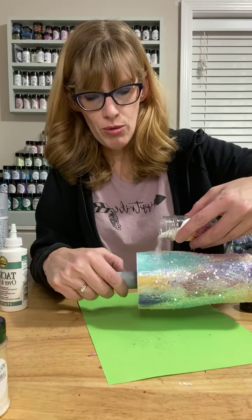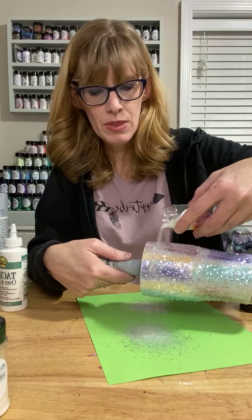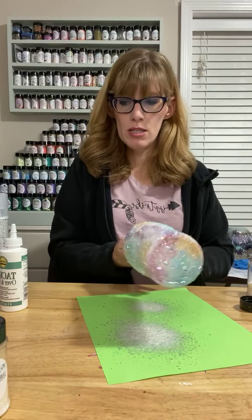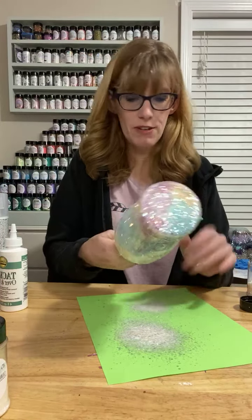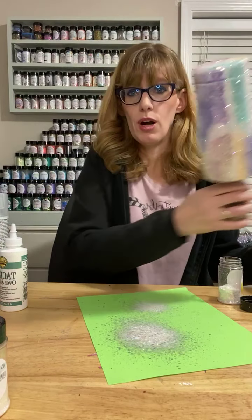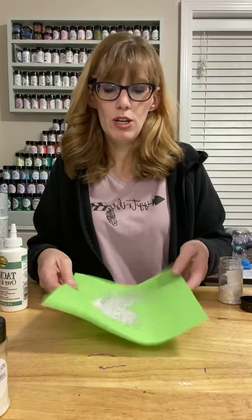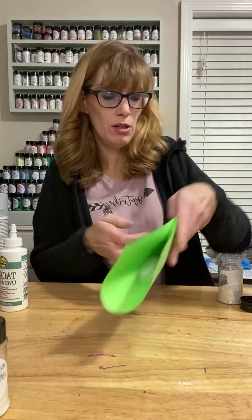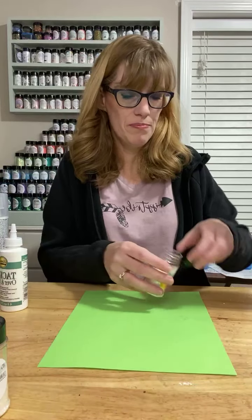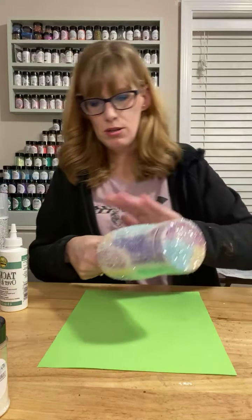So I want to go over that with you, because I know some people, when they use cheats for the first time, and each cheat, like we discussed in the beginning of this, will give off different colors. So if you use Girl's Best Friend over a green base, or an orange base, I meant to say, you're going to have a lot of green tones in there. If you use it over a black base, same thing, you're going to have a lot of green tones in there. And that may not necessarily be the look you're going for. Mistress is a